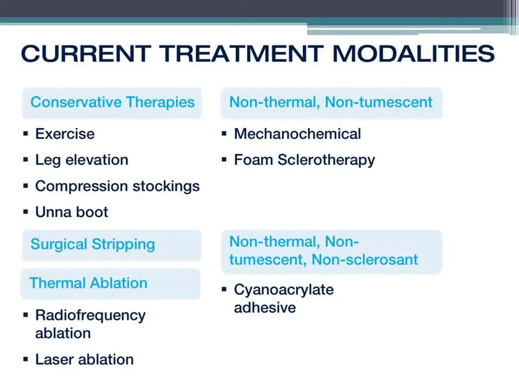Okay. The treatment will include, to begin with, conservative management, so you will be told to perform certain exercises, putting your legs up, wearing those compression stockings, and there's also something called the Unna boot, which I'll show you later. And there are all the other surgical measures, as I mentioned to you, the surgical stripping, thermal ablation, which is the burning of the particular areas of the tissues, and it can also be done by laser therapies. Also the drug therapy, as we mentioned in the previous condition, like the sclerotherapy, can also be done